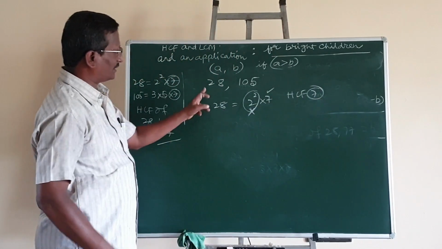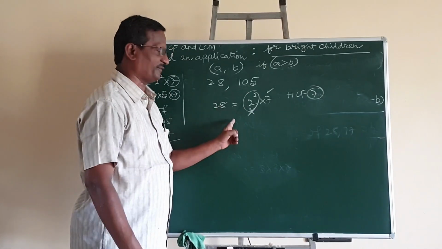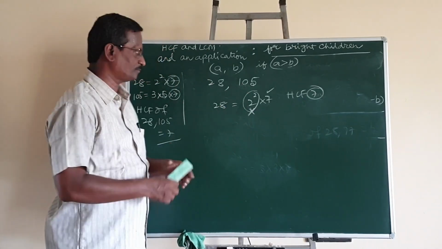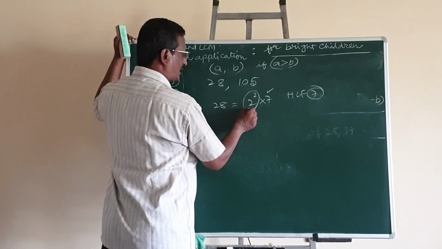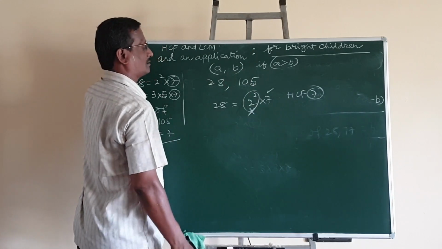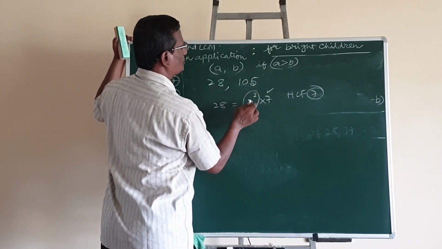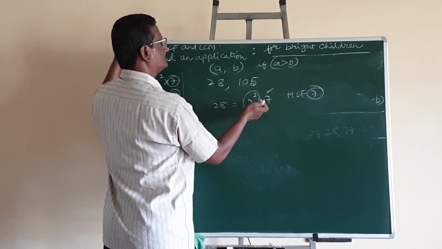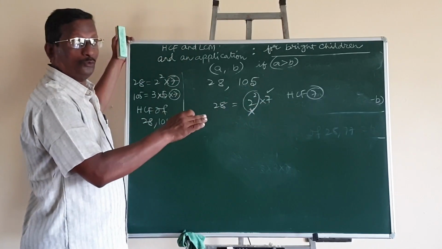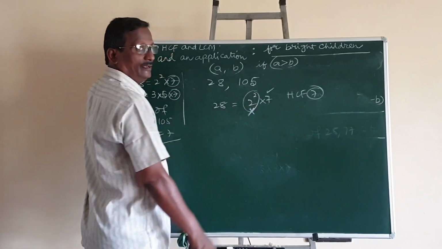Here I did not calculate the prime factorization of the second number. I have calculated the prime factorization for the first number. For every factor of the first number, I am checking whether it is dividing the other number or not. Suppose first we check with 2 square. Suppose 2 square does not divide, then 2 also does not divide, we can simply remove.